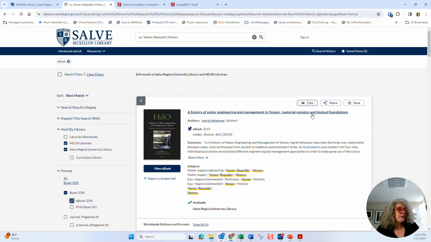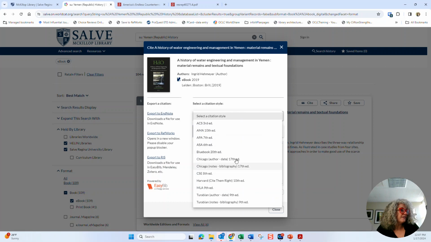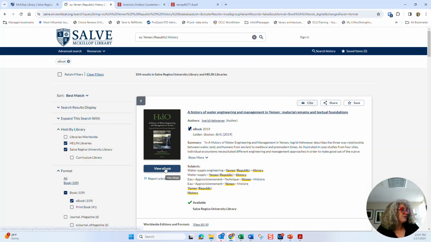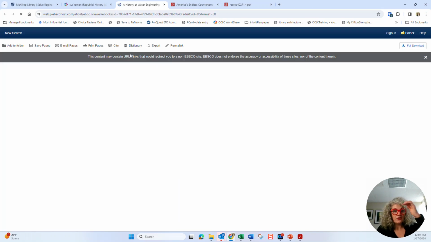Finally, in the library catalog, each of our ebook vendors have citation functions, but you can also do it within the catalog. So if you click on Cite and select your citation style, it will give you the citation for your book. And this one is an EBSCO ebook, so it looks a little different, but if you click on it, it takes you into a different interface, but the functions are similar to the JSTOR ebook we